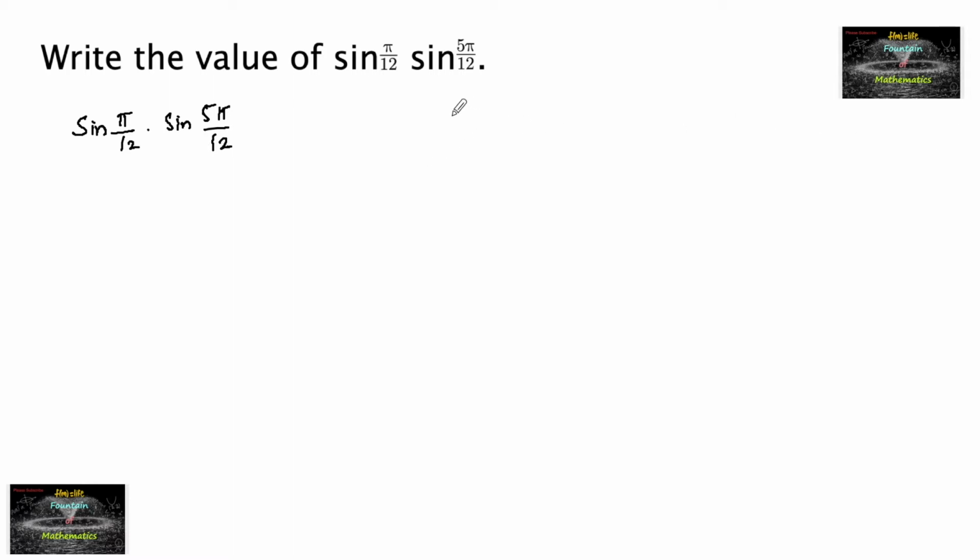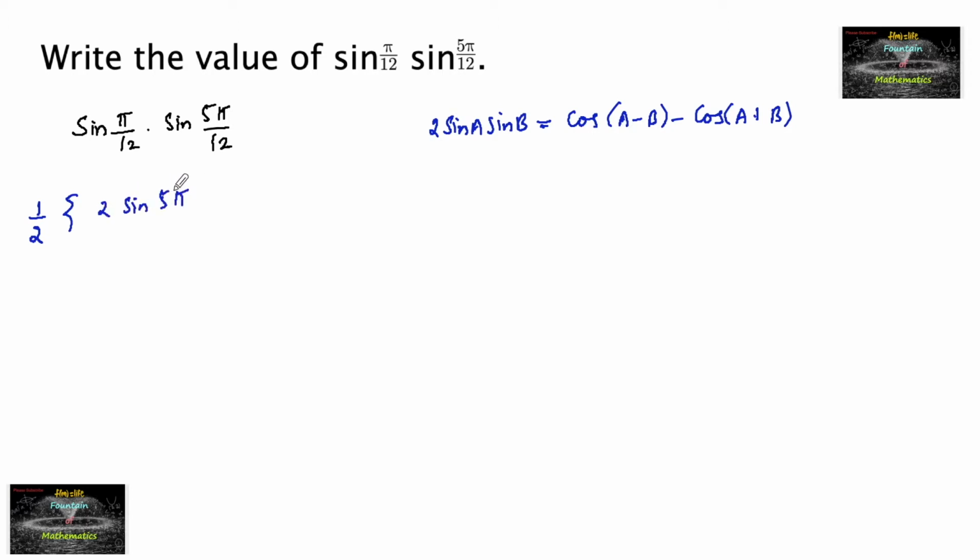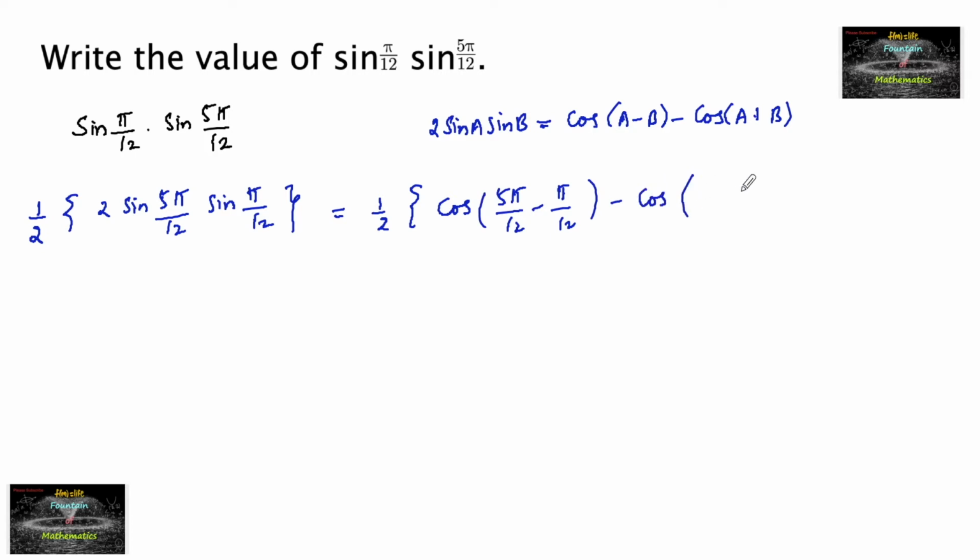Since we know that 2 sin a sin b is equal to cos(a minus b) minus cos(a plus b), here we can also write this by multiplying and dividing with 2 times sin 5 pi by 12 into sin pi by 12, and then applying the formula, we'll have 1 by 2 times cos of (a minus b), that is 5 pi by 12 minus pi by 12, minus cos of (a plus b), that is 5 pi by 12 plus pi by 12,